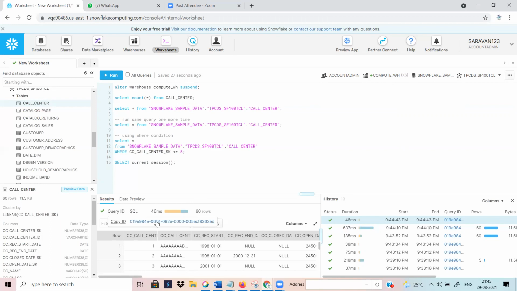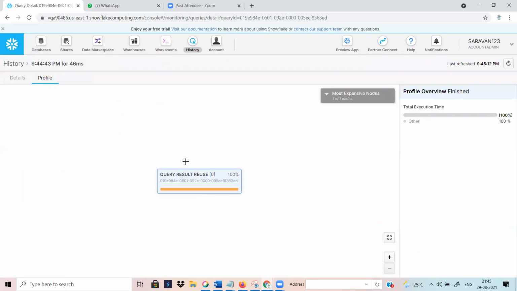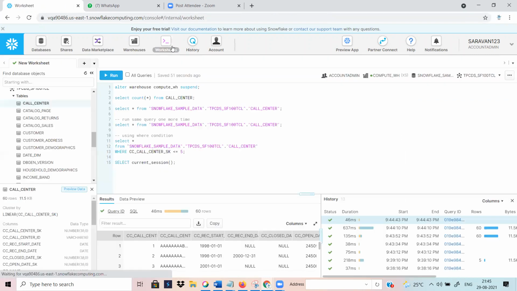Okay, I am checking that again. What happened? It is getting it from the result cache directly. So that is one of the best advantages. In this case also, when you are running the same query, if your syntax, column name and result are everything the same, then when you run the query one time, the next time it is also getting it from the direct result cache. But you don't want to pass any dynamic column.